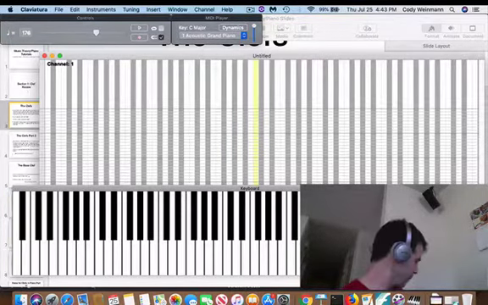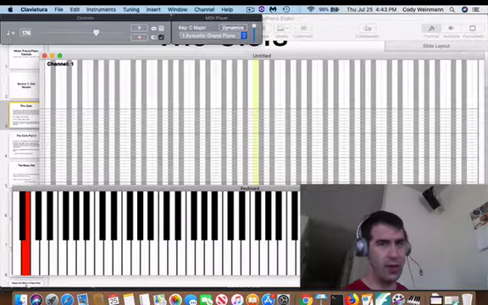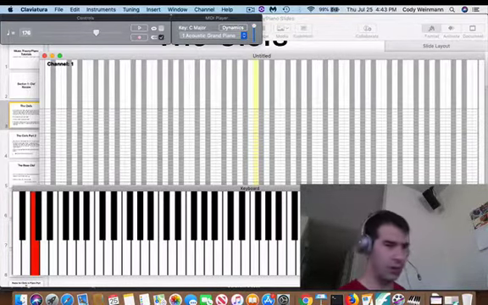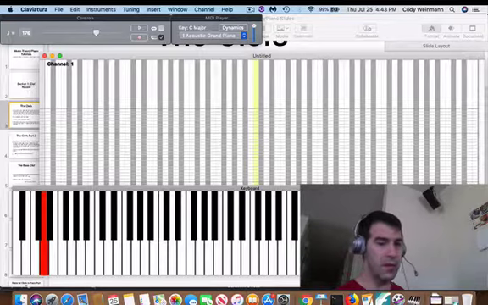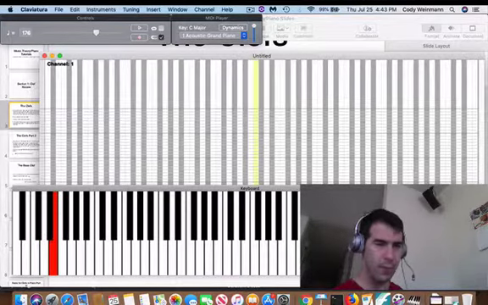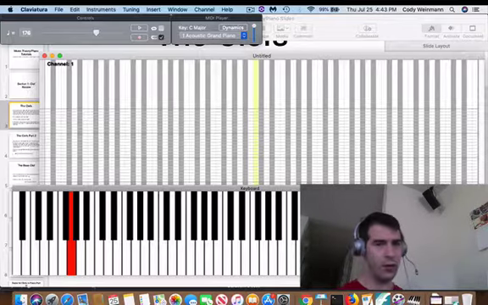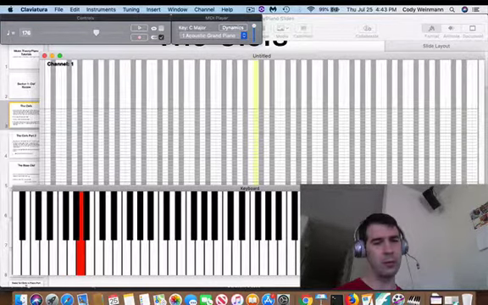Okay? B number 1 is right next to that. C1 is next to that. D1 is next to that. E1 is next to that one. F number 1 next to that. G number 1 next to that. That's the end of the first set of A through G, the end of the first octave. Going to the second octave, A number 2,